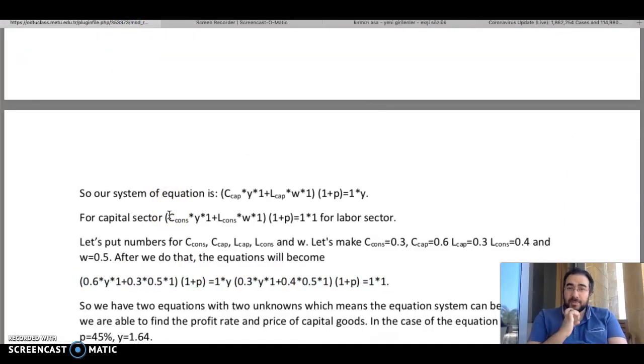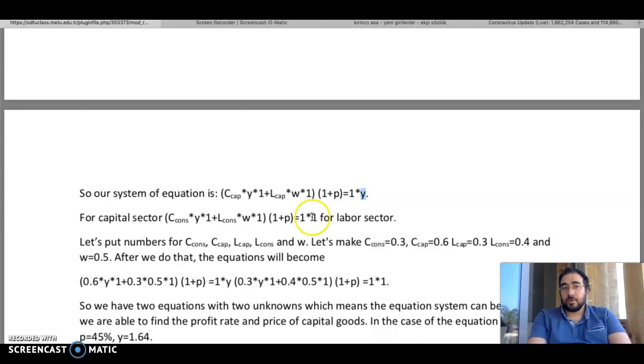Okishio has used a special model called the Sraffian model, where first there are various types of prices, and one of those prices is made one. In this case, this is the capital sector, and this is the consumer sector. Actually, I will make corrections for this lecture note. But basically, the price of consumer goods is one. The price of the capital goods is y, which is relative to the consumer goods, and all prices are relative to consumer goods.